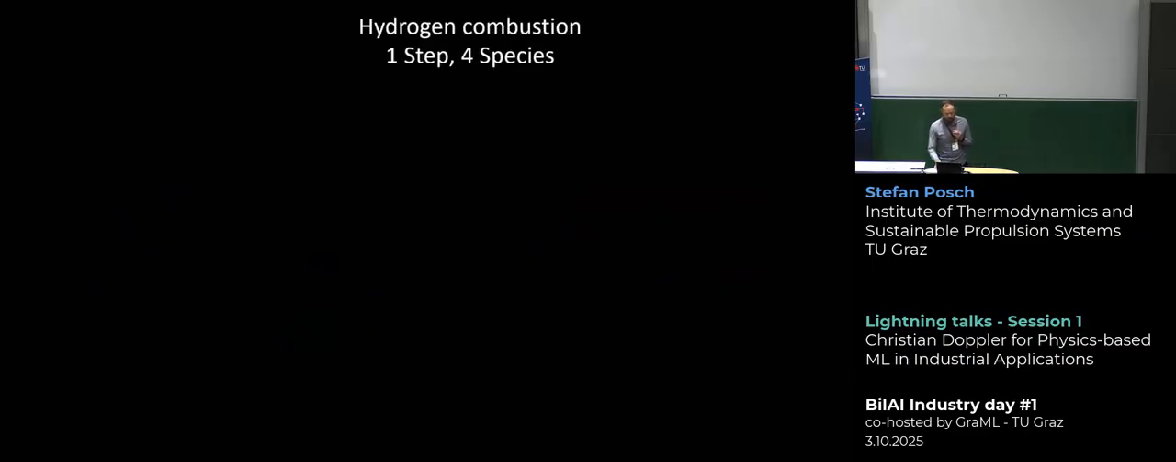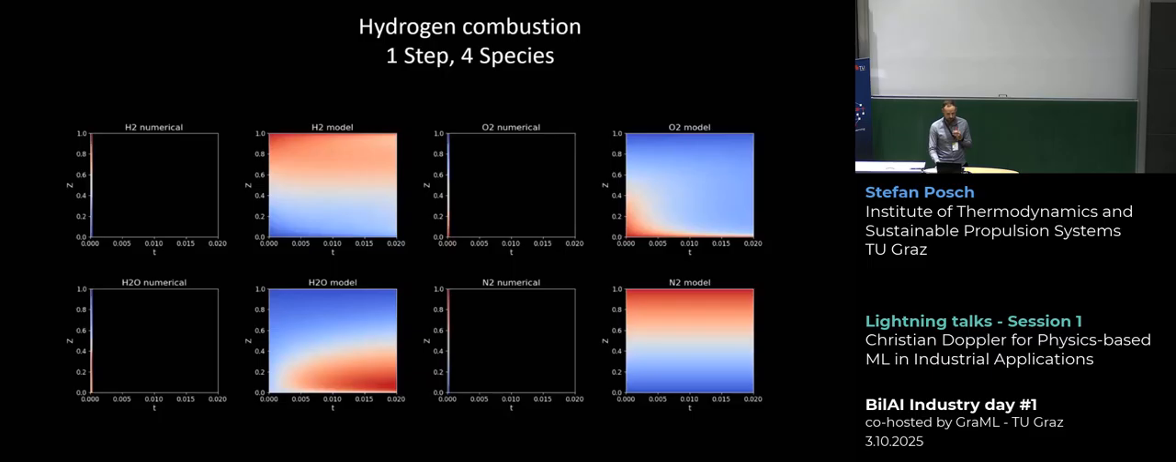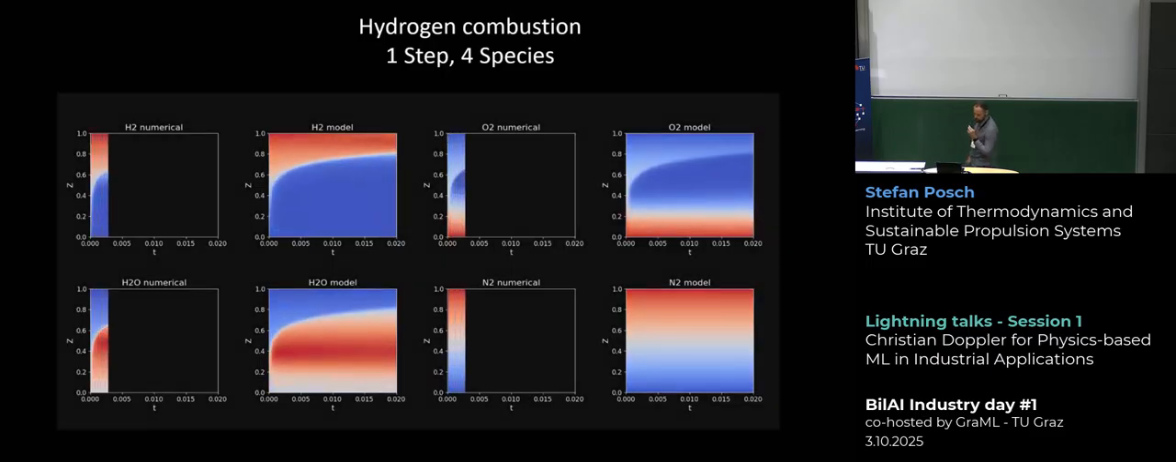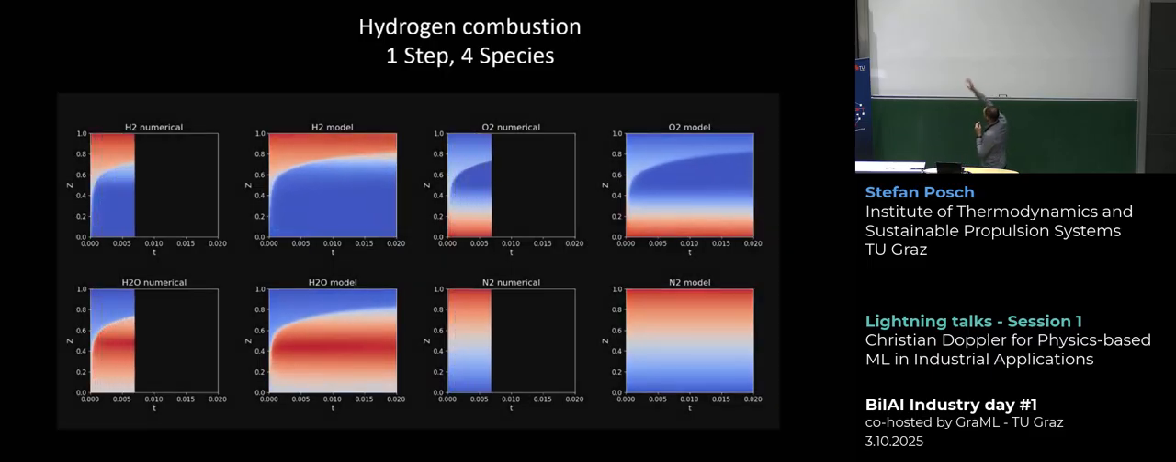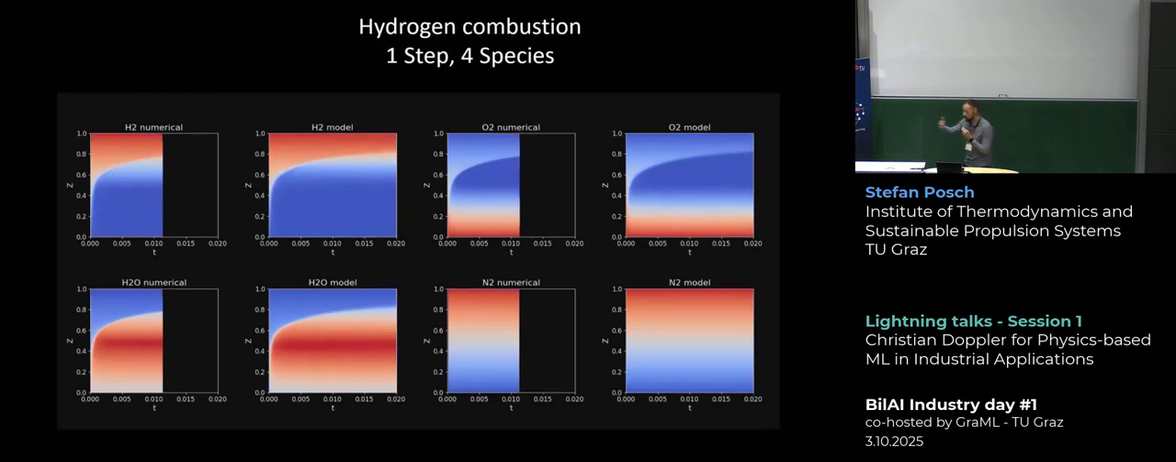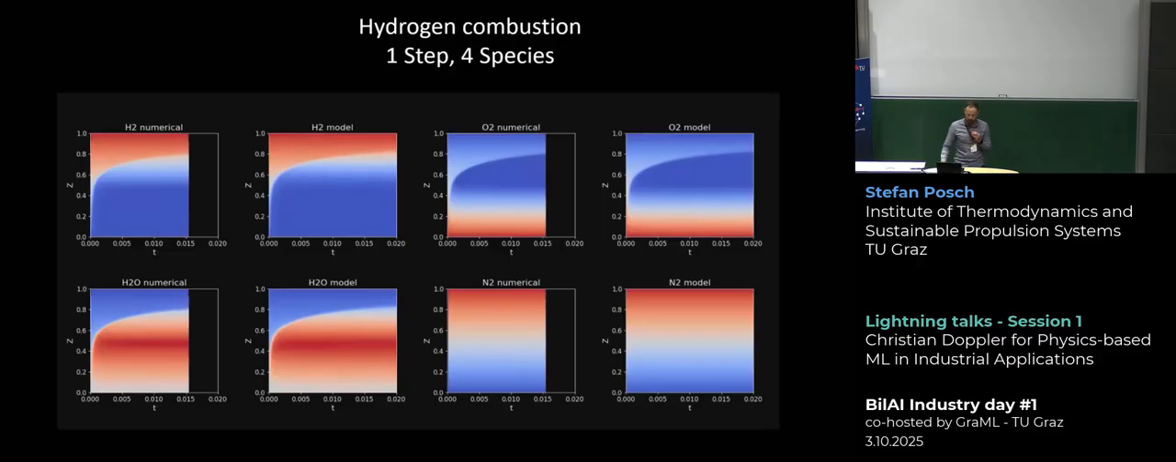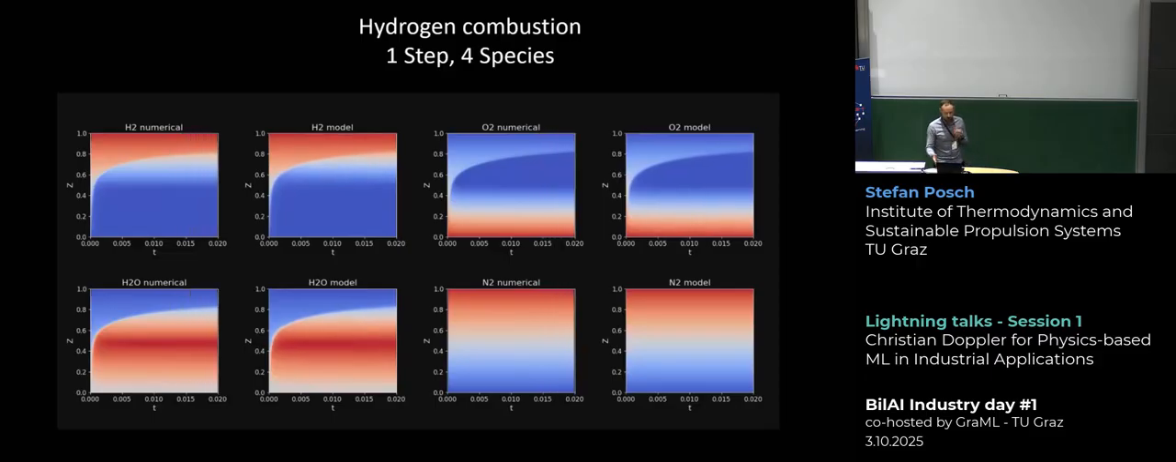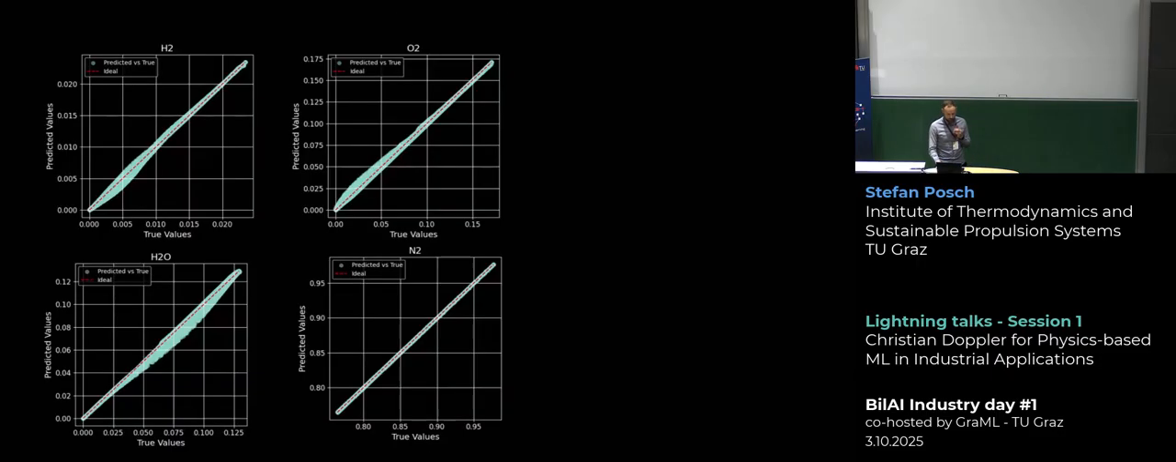I show it now for a small application. It's a one-step hydrogen combustion, and you can see here for each species, where we have 4 species, on the left-hand side the numerical simulation, which evolves in time. On the right-hand side, we have the PINN, which gives us, as you see, the same results. Here, the scatter plots, which you can see,